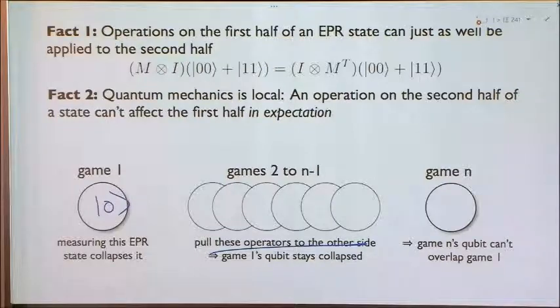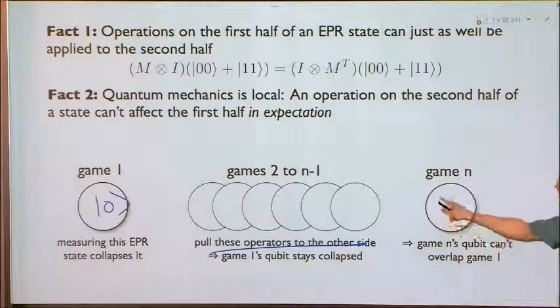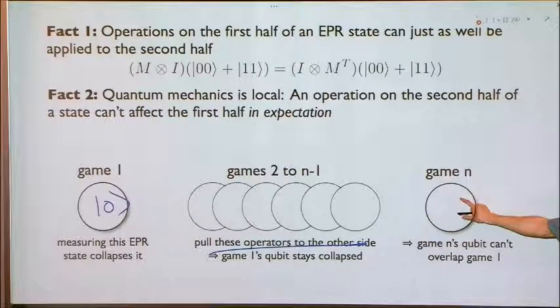And now, at the beginning of this last game, the first qubit is still ket 0, and we need an EPR pair here, something close to an EPR pair, so it can't overlap that state ket 0, because ket 0 is not entangled with something, and we need a lot of entanglement to play this game. And so that argument implies that this last game really has to be in tensor product with the first game. There's no overlap, despite all these weird arguments that errors can accumulate doubly exponentially fast.